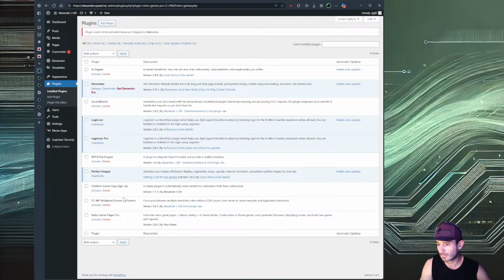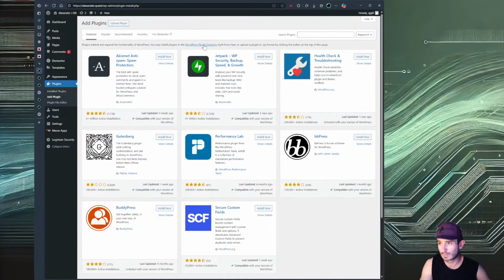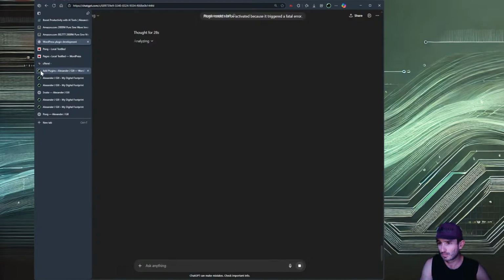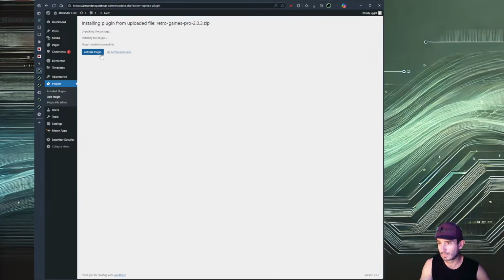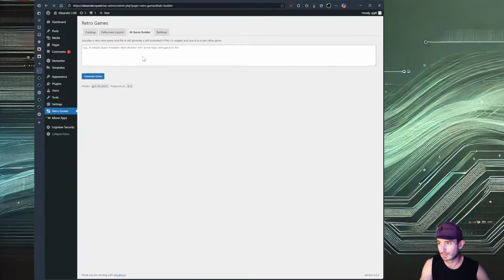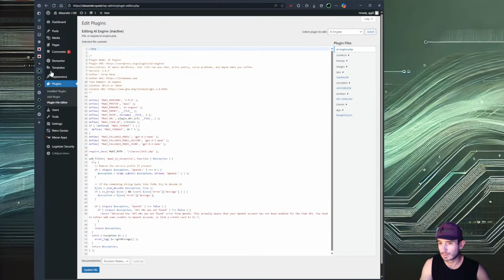No. Yeah, I don't know why it's... I mean, it doesn't even need to be to that extent. Why can't we just go into the plugin file editor? We should be able to jump in here.